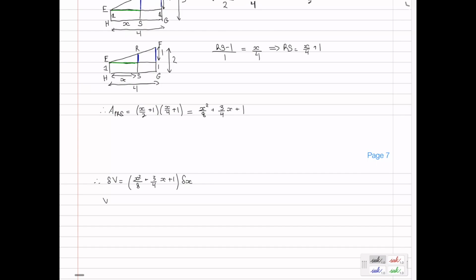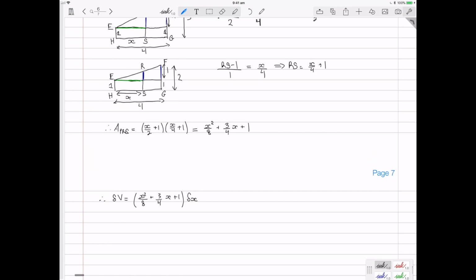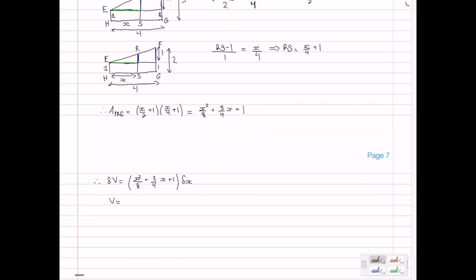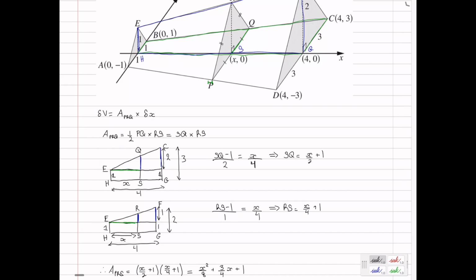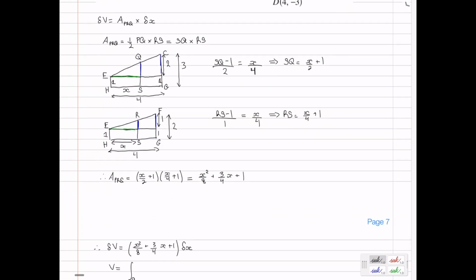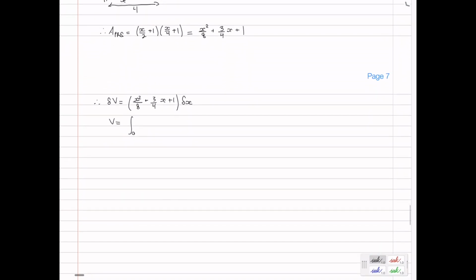So the entire volume is equal to the integral from 0 to 4. Now why is it 0 to 4? Because I'm going from 0, which is at h, x equal to 0, to x equal to 4, which is at g. So from 0 to 4 of delta V, which is x squared on 8 plus 3 on 4x plus 1